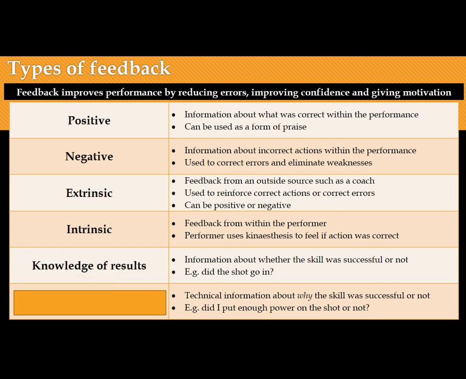Knowledge of results is information about whether the skill was successful or not. So did the shot go in? Did the pass go to the teammate? And everybody can really get that, because that's more of a visual feedback on what the end result was of the skill. However, knowledge of performance is technical information about why the skill was successful or not,